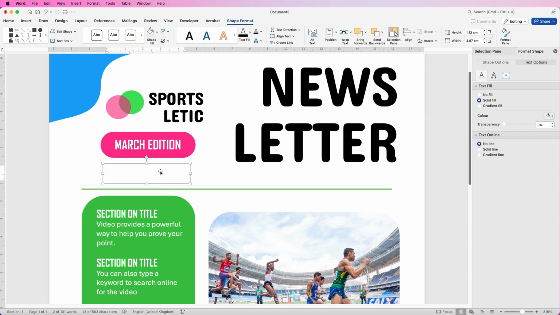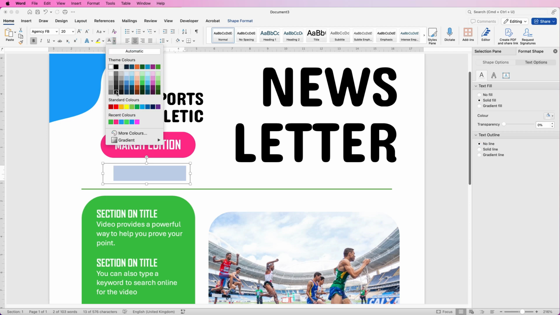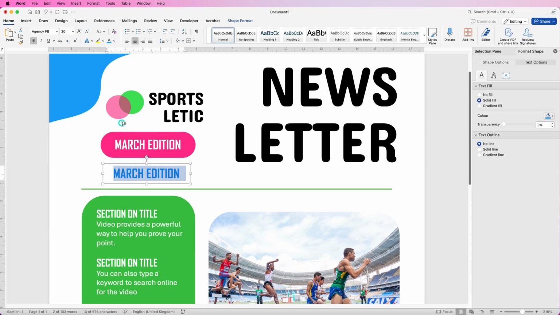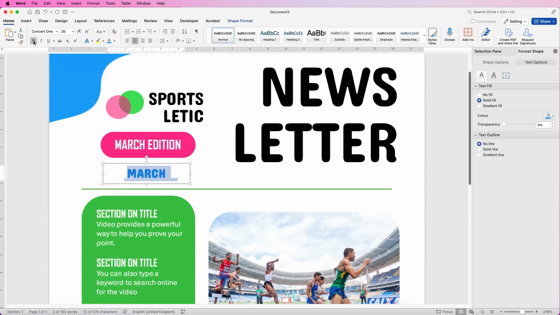text. And then although you can't see it, I'm just going to select all that text, go to the Home tab, go to Font Color, and I'm going to select a blue. And I'm just going to change the font to Concert 1, and it's bold. And then select the text and change it, and then select the text,